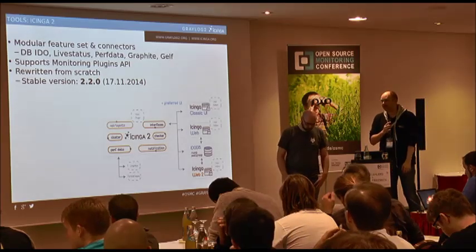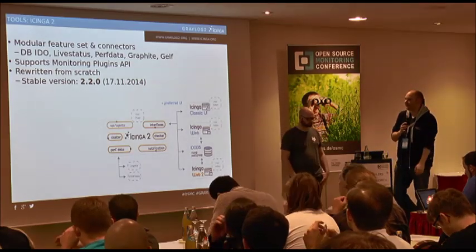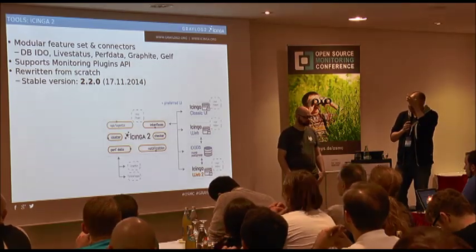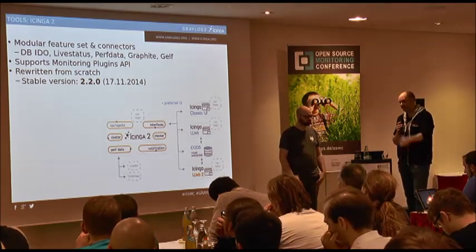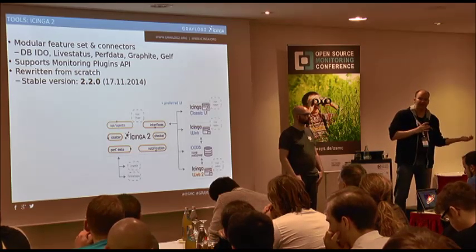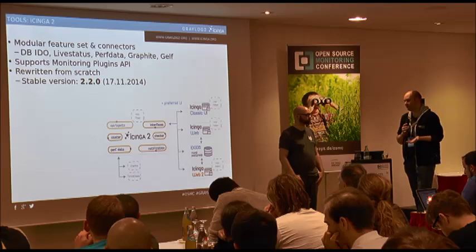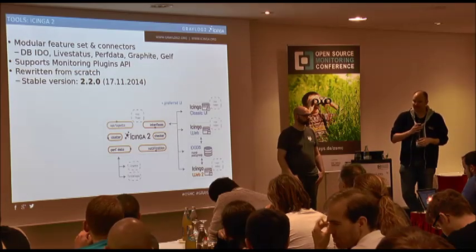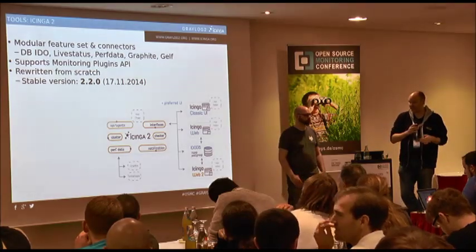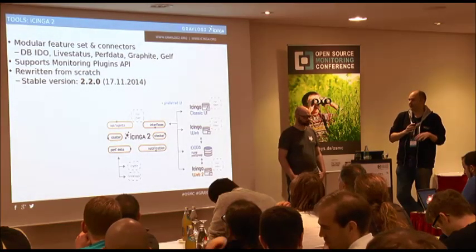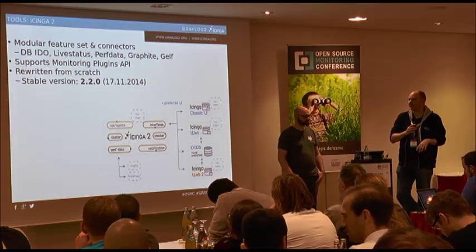Well, there's the database, there's live status, there's perf data, the Graphite socket. The GELF writer is new in 2.2, which was basically an idea, a prototype, and then it became code which was integrated upstream. It was contributed by Mario Sturm from the Graylog project. We will show later on how that works and how to combine that.